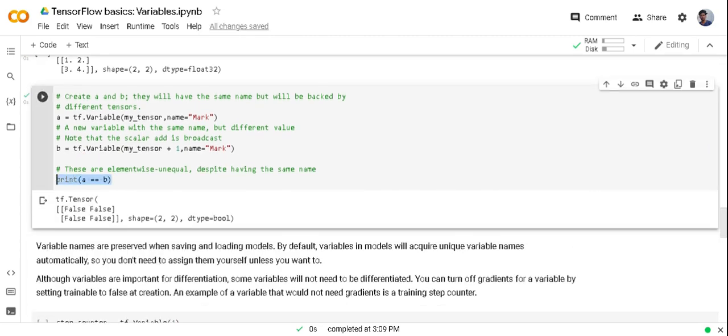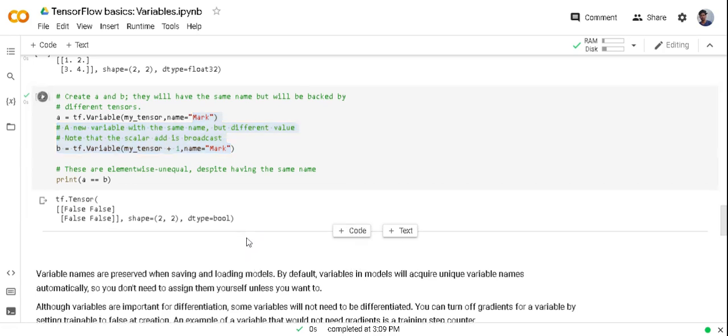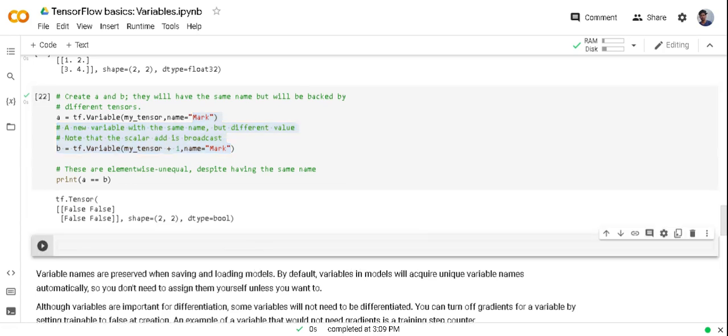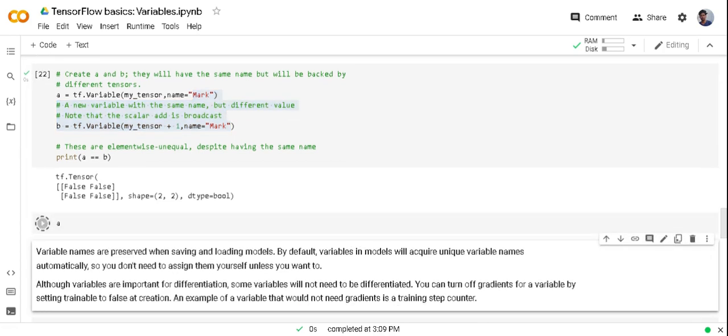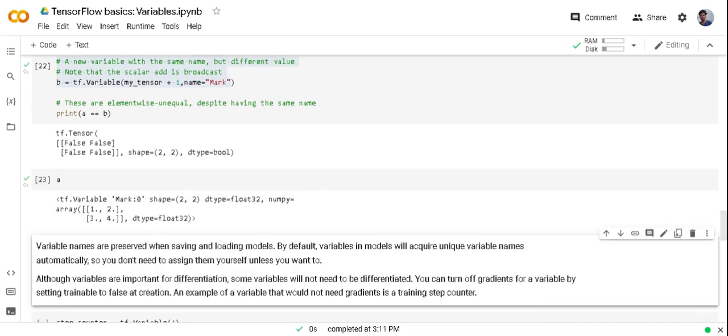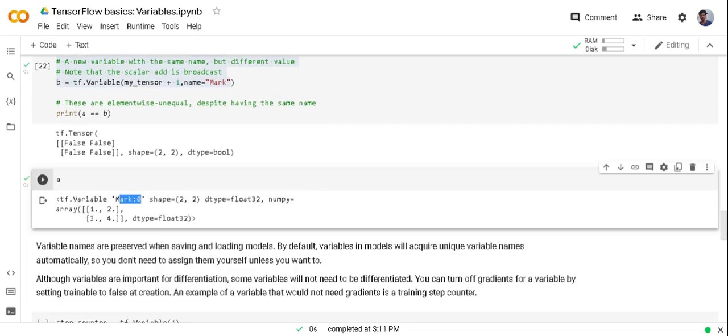I have done this to show you both are different. A and B, both variables are different even though I have given the same name. They are different because both are assigned to different memory. Let me show you what the tf.Variable A holds. Here the name is mark, right?